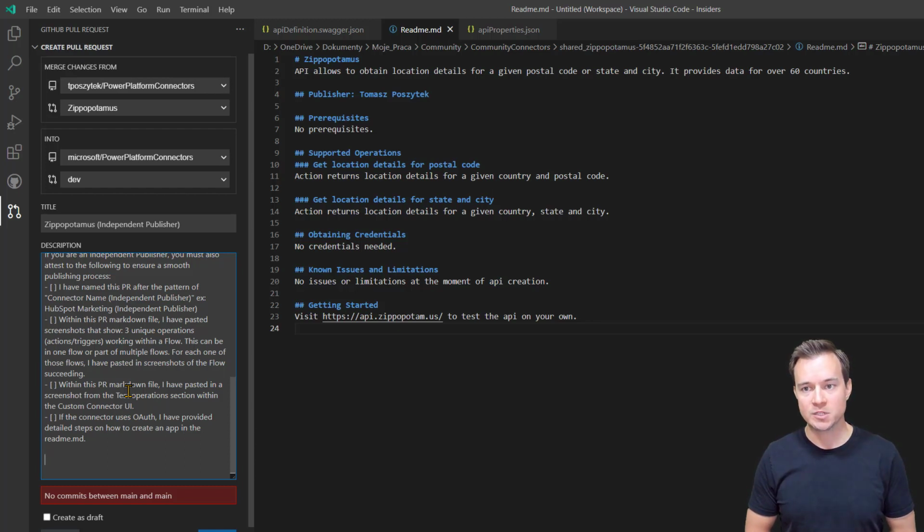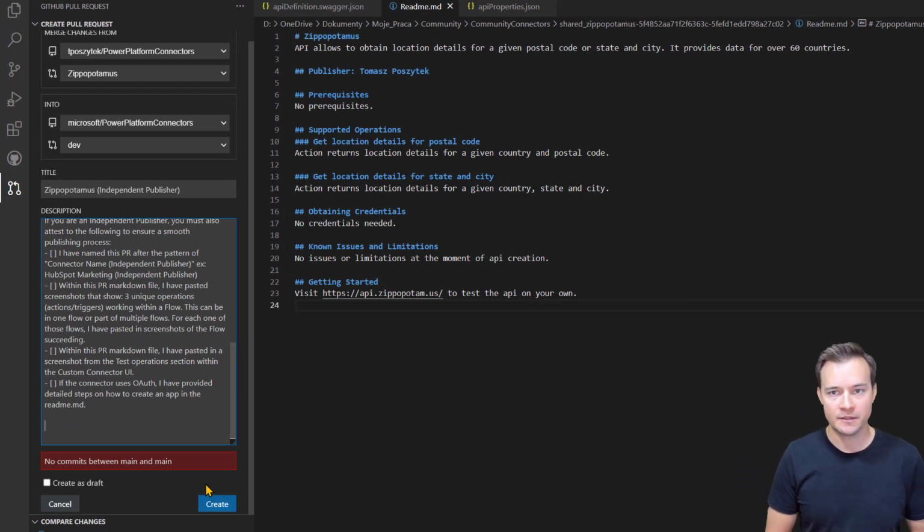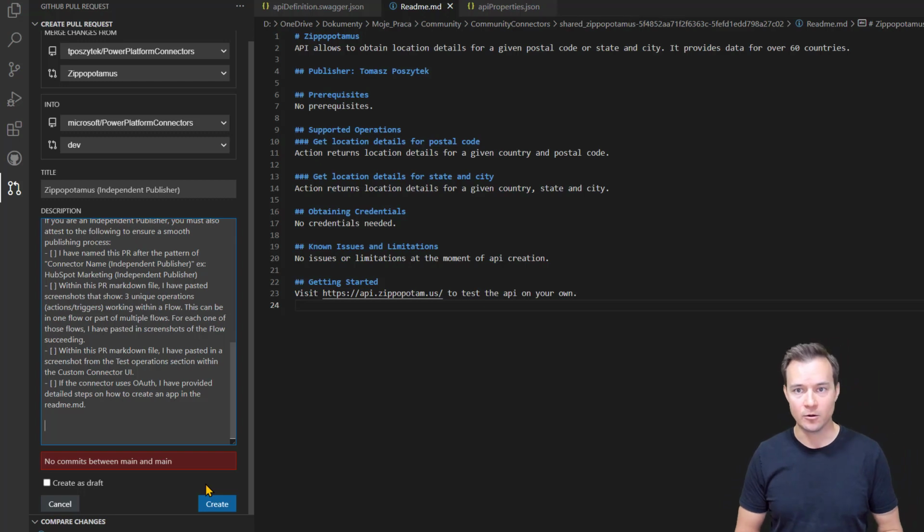So with those 3 screenshots, you are now able to simply create a pull request, the last button here, and then you'll be contacted by the independent publisher connector program lead or whomever from that program with information if there is anything else you should change or modify in your custom connector, and then if everything is fine, your connector is going to start its certification path,